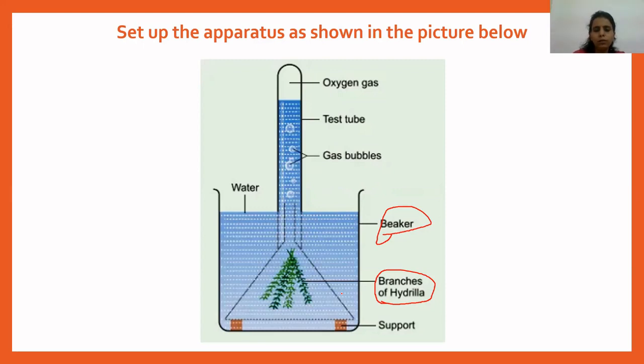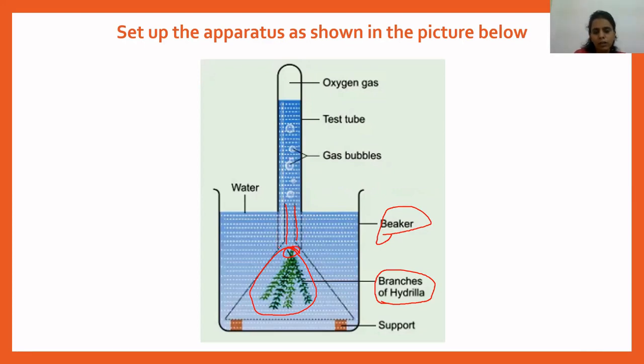So you have to take a few pond water plants and insert them into the funnel, a funnel with a short stem. This is called the stem of the funnel. So you have to take a funnel with a short stem and insert some of the Canadian pondweed or some of the water plant into the funnel as shown in the picture. That means the cut ends of the plants should be inserted into the stem of the funnel.